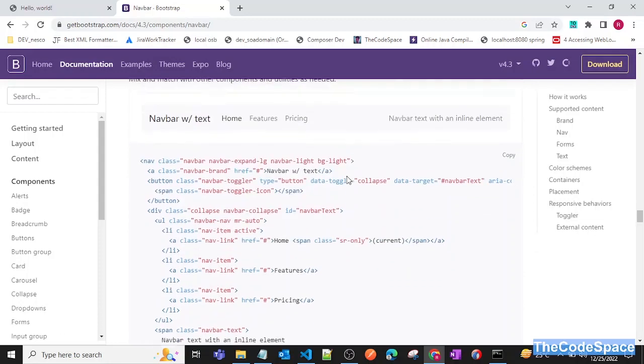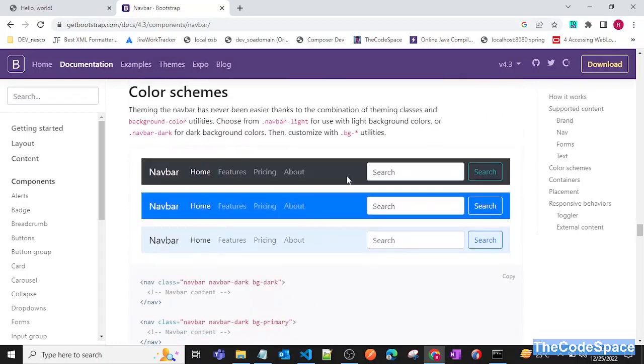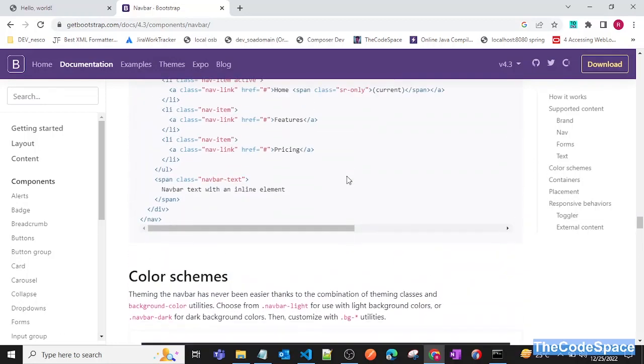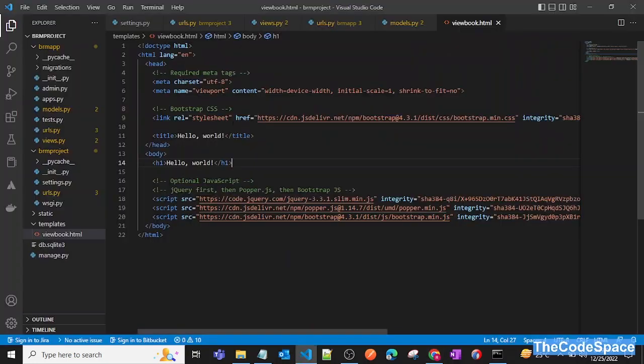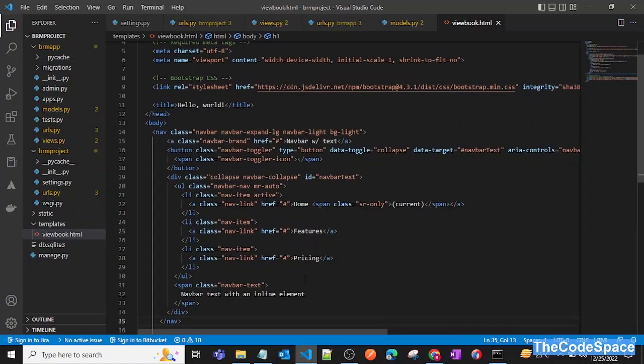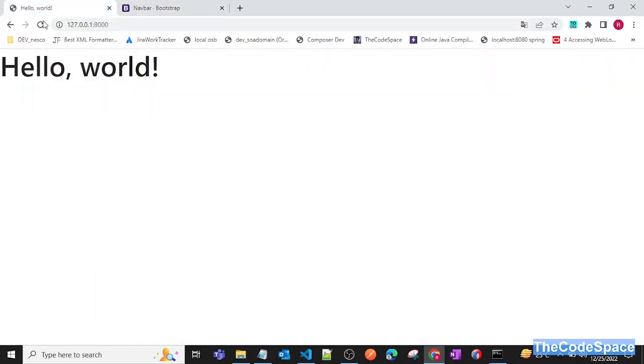I will use this, or we can use this as well. I will just use this as of now. Now just copy this and paste it here instead of this h1. I'll paste this header here,